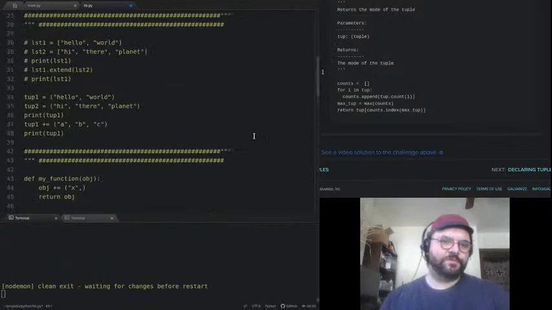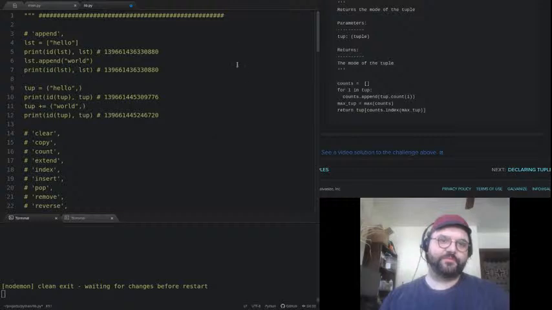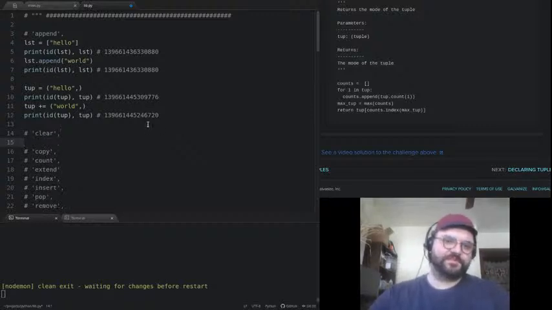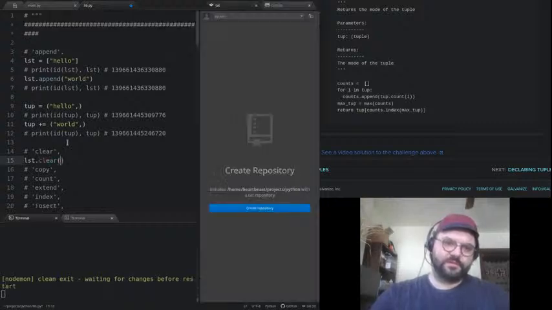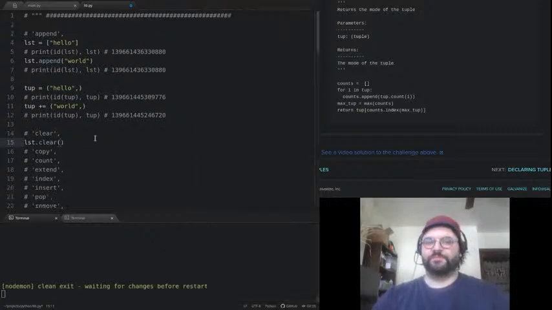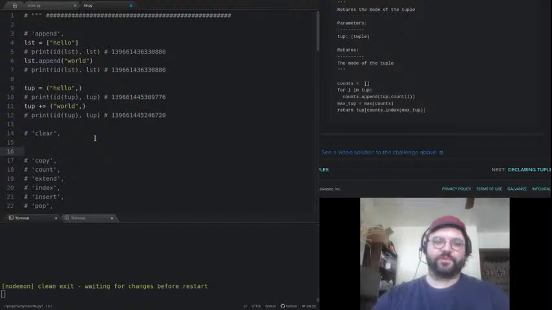Let's go over those list methods and talk about how to do these for tuples. For lists, this is going to be list.clear. That's going to just empty the list. So if we printed the value of the list, we'd just get an empty list. For this one, we can do